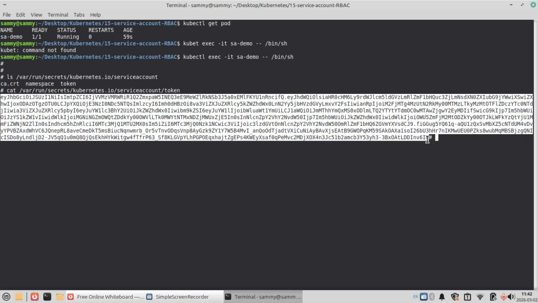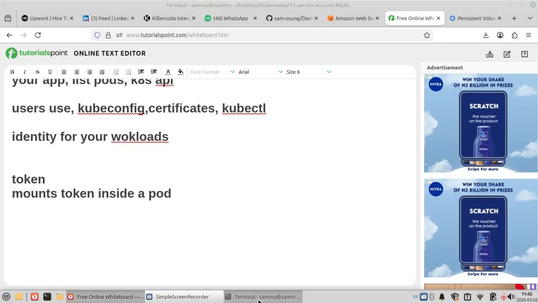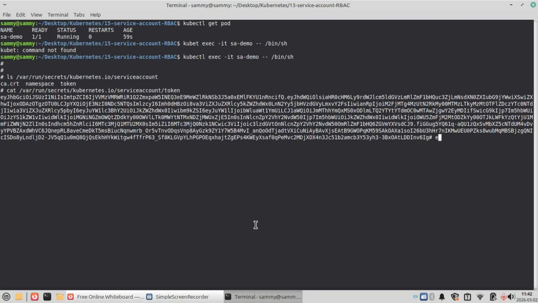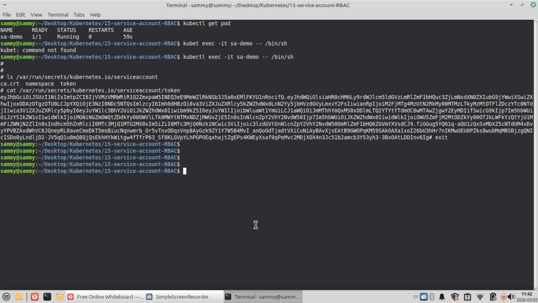Okay. Please understand that you did not create this token. You did not mount it. Kubernetes did it for us. So this is how pod identity works. So let us go ahead to create our own service account. So exit here. To create our own service account,